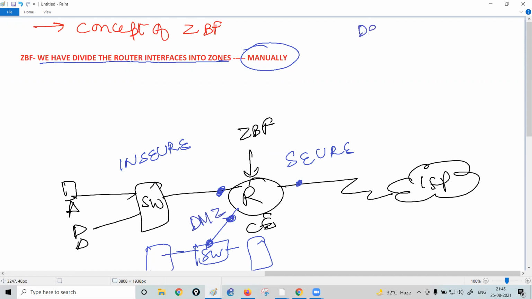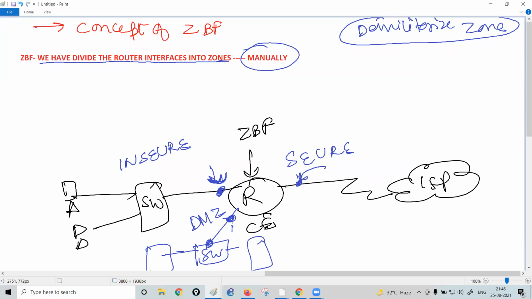DMZ means demilitarized zone, which is basically where you have kept your servers. We will talk about the DMZ zone in detail in future classes, but as of now, just try to understand: this interface is configured as the insecure zone, this interface as the secure zone, while this interface has been configured as the DMZ zone.